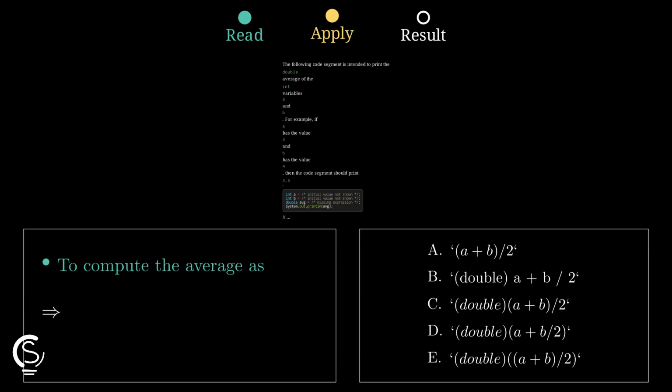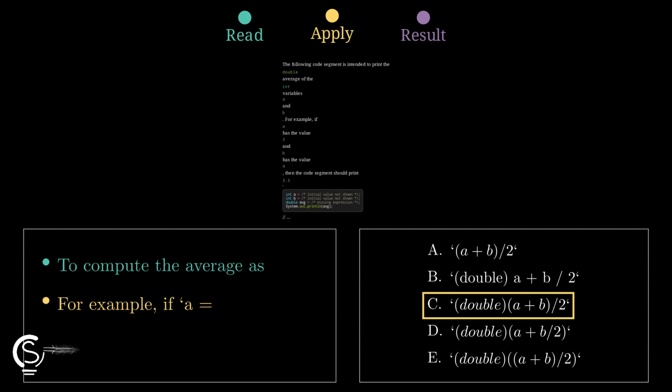to 3. Choice B, (double)a + b / 2, does not average the two values, it adds a to half of b. Choice D, (double)(a + b / 2), computes b divided by 2 first using integer division, then adds a, so it is